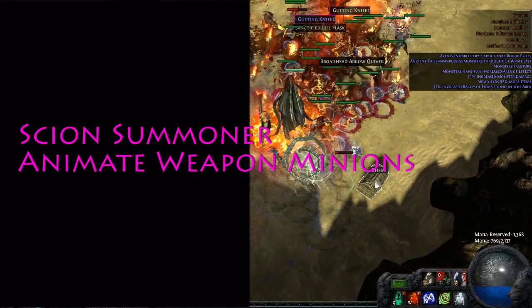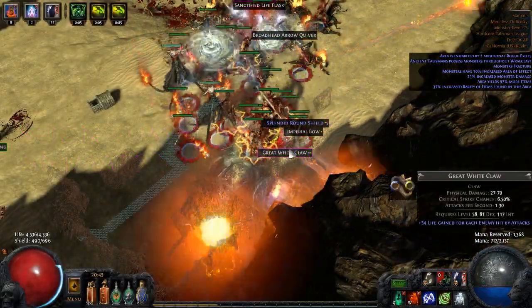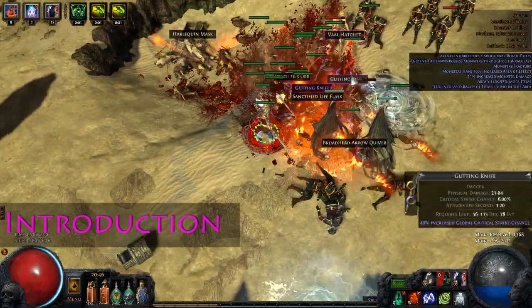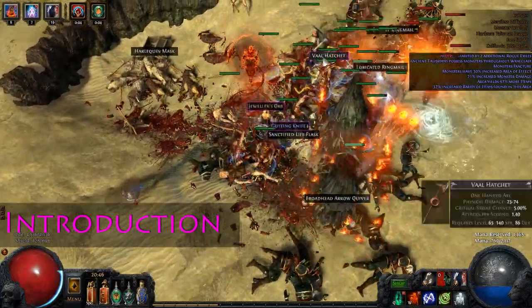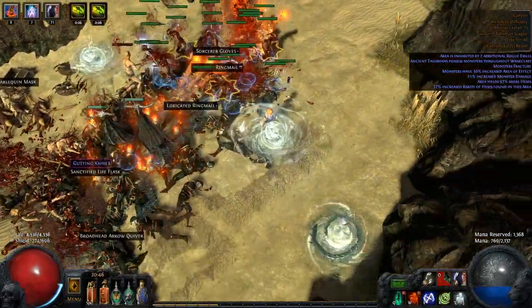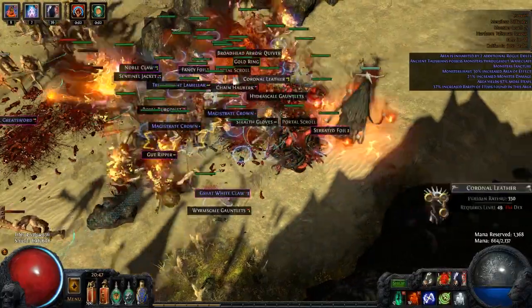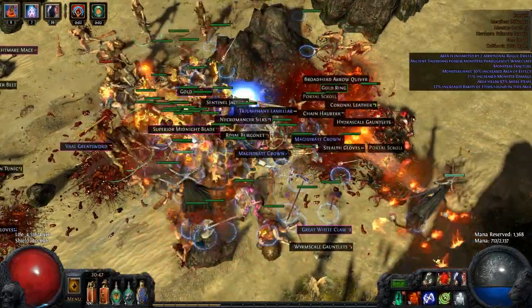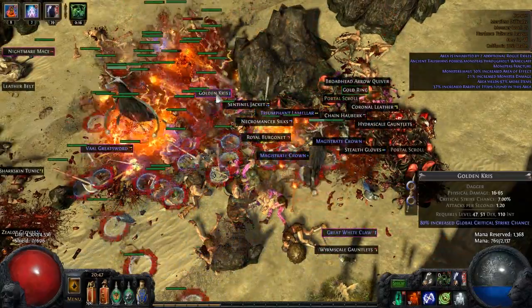I wanted to do a build guide video for my Animate Weapon Summoner I used in the Hardcore Talisman League. I did an animator build in the past, but it wasn't the primary focus. It was used in conjunction with a 5-specter build, and with the new introduction of new jewels, trees, and gems in 2.0, I wanted to revisit the build because it's such a unique experience and one of my favorite builds